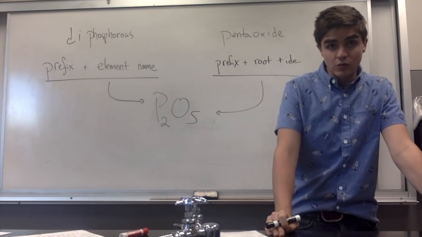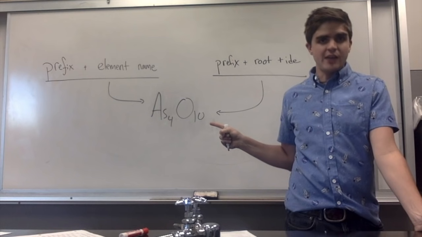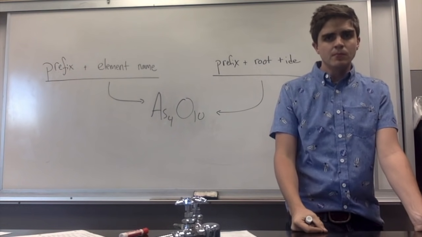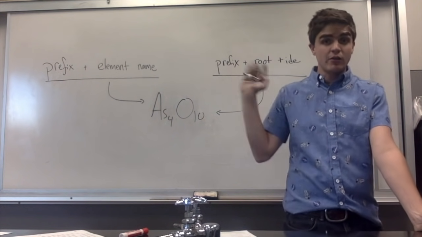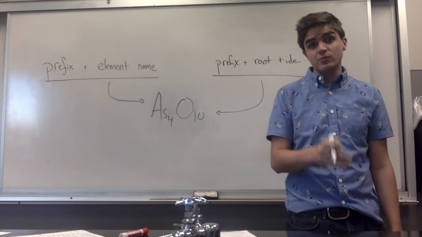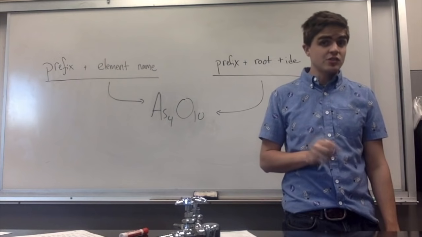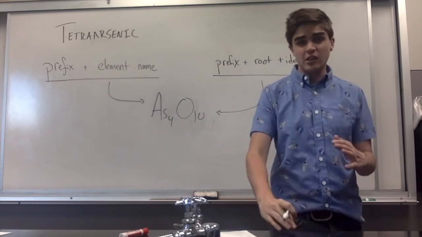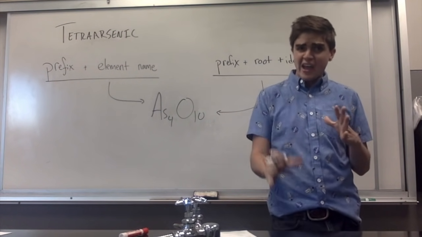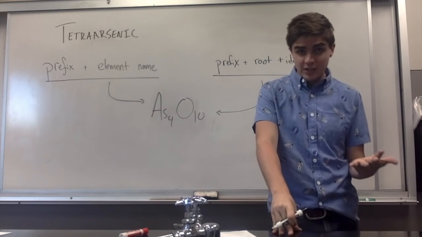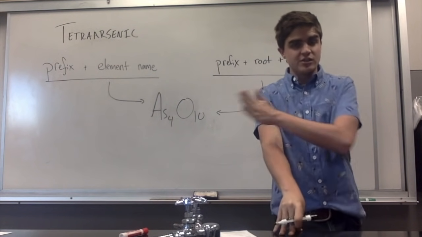And to prove that to you, we can take a look at this in As4O10. So this isn't too bad a name. Let's just do it right across. As4. I've got 4 of them, so I need the prefix tetra. And then I've got As, so that's arsenic. So that's going to turn into tetraarsenic. Again, if you want to squeeze those 2 A's into one just to make it tetrarsenic, instead of tetraarsenic, that's